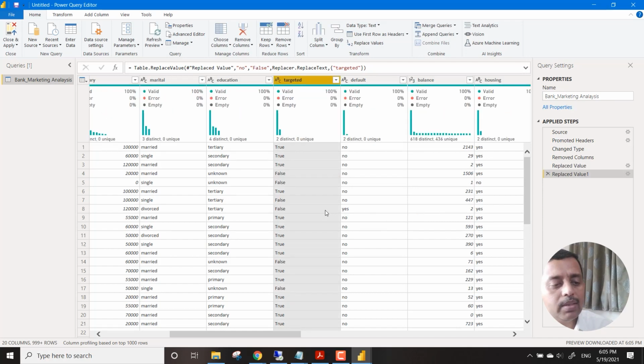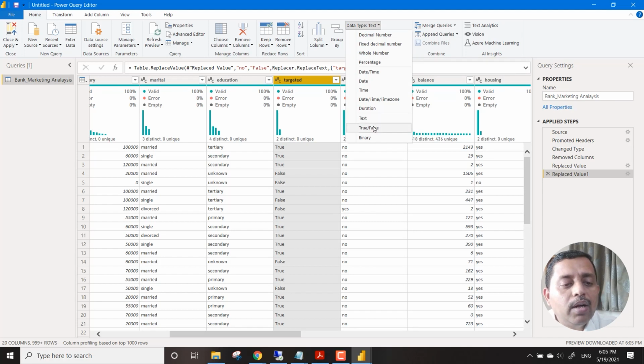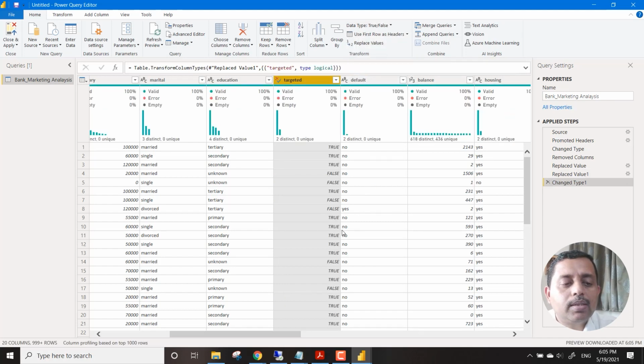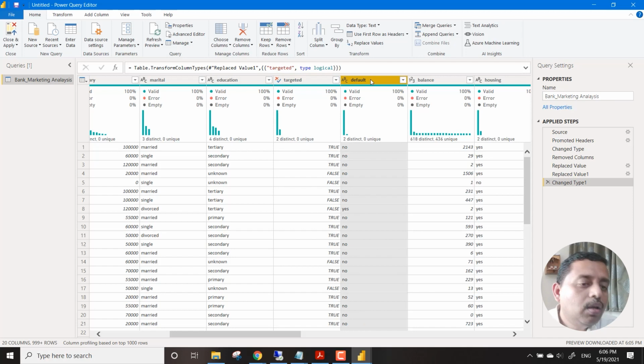The moment it becomes true and false, we can try and convert this into a true/false type. Automatically it takes it to the different distinctions, true and false. It is always better to have data in true/false form rather than yes and no. Next is default, whether they have defaulted on any kind of loans in the past, so that data is here.